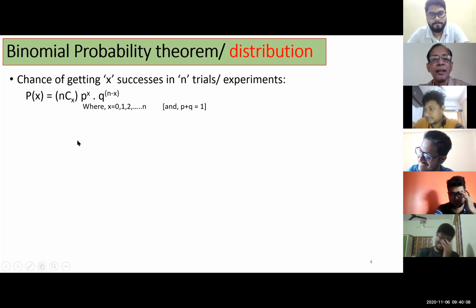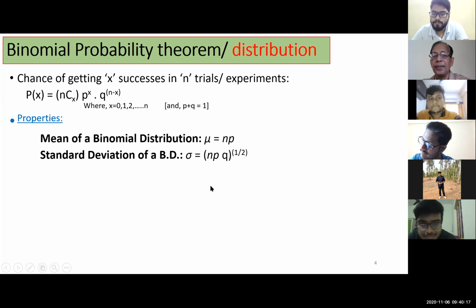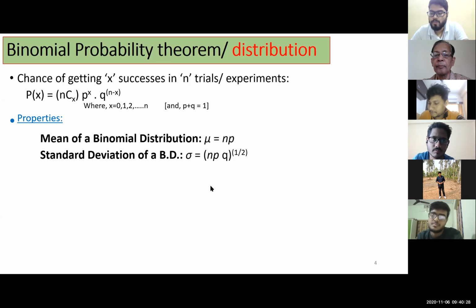Sleeping. So now moving forward, if it is a known distribution, then the advantage is that some of the values are computed and given to us. Unlike the case when we computed the mean formula and standard deviation formula earlier, here the formula is given, just put in the value and you get the result. So the mean of the binomial distribution, all of you note it down, is just np. And the standard deviation of the binomial distribution is the square root of npq. Okay.